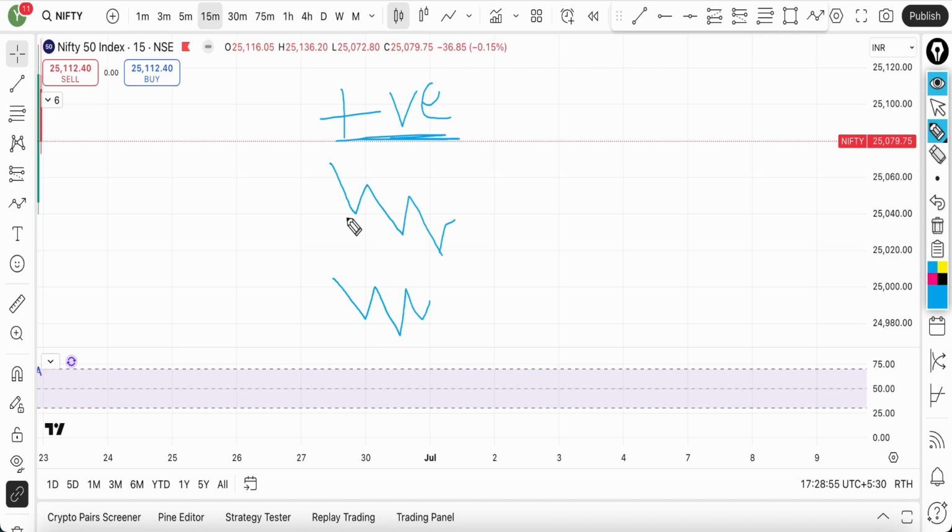When we are looking at a positive divergence, we will only be looking at the lows. We'll be comparing the lows. We don't need to care about the highs. Obviously, we need the highs on the price chart to ascertain that we are in a downtrend, right? We are getting a lower high, lower low. That's it. But once we are confirmed that yes, we are in a downtrend, we need to compare and look at